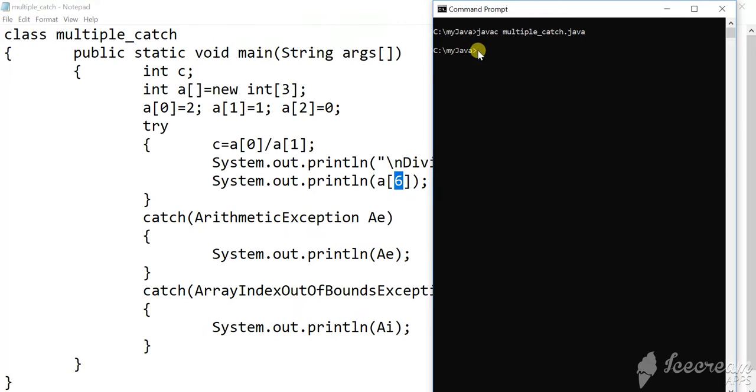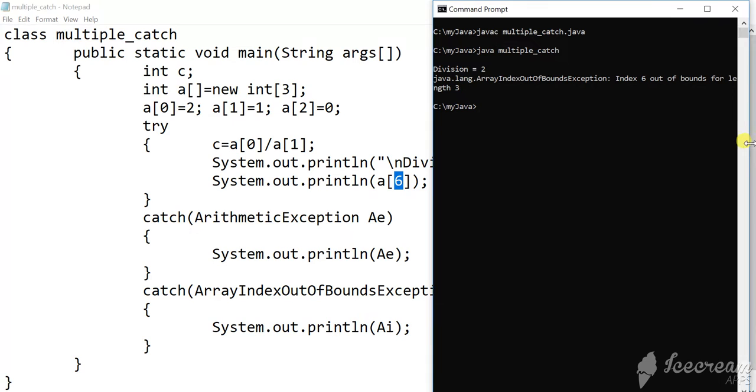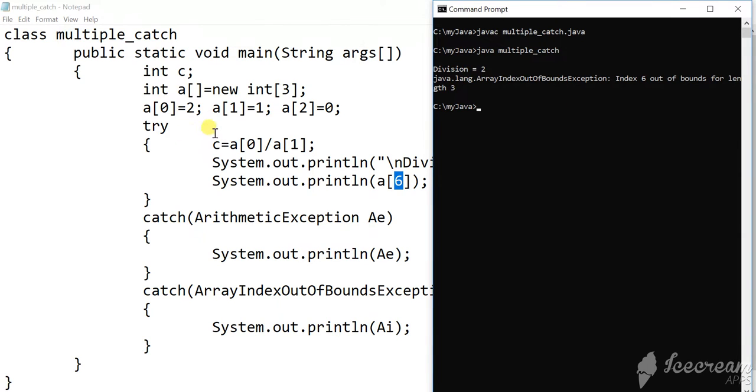See, the program compiles, meaning there is no syntax error. It will have an exceptional error at runtime. Now analyze the exceptions. Yes, a0 is 2 and a1 is 1. 2 divided by 1 we are getting 2. So here we don't get any division error, so it is giving the output.